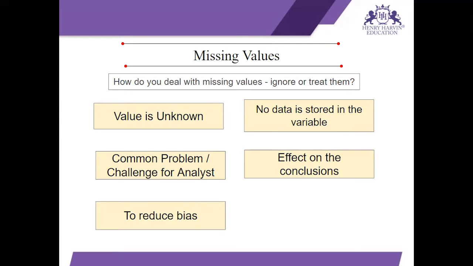Also, there will be a bias in the data set if there are a lot of missing values. So we should always treat the missing values available in the data set. How do we represent missing values in R? It is represented by the NA or NaN symbol.